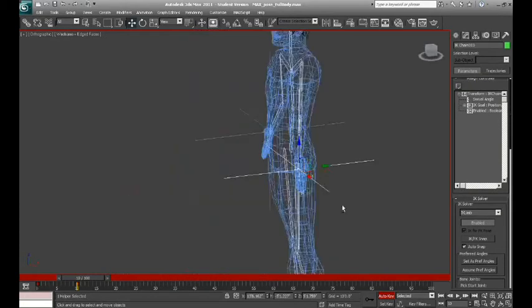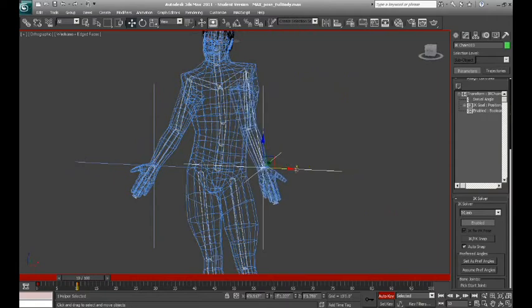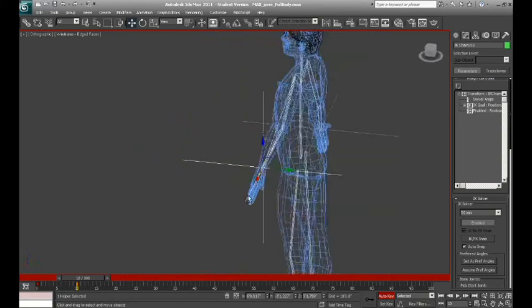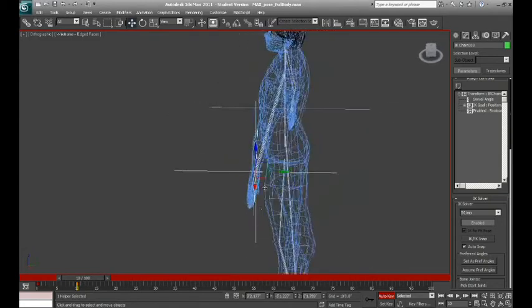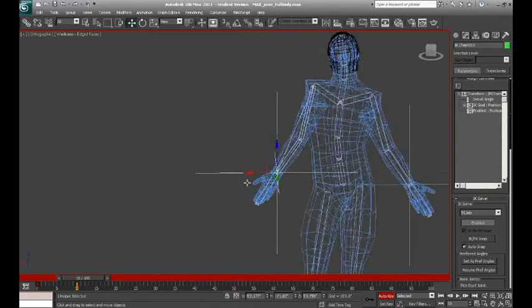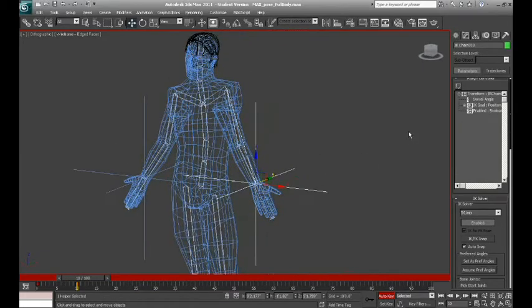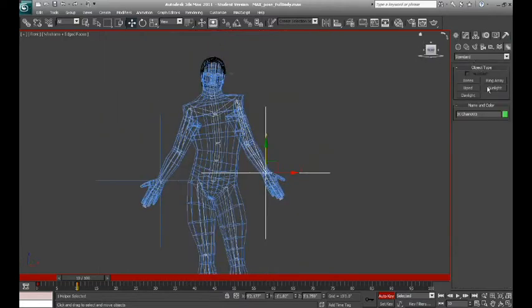The thing I'd like to show you is how to manage your IK a little bit better. Sometimes it seems to have a mind of its own. So one thing that I like to do is give a target for the elbow, and what that is just giving myself another handle to be able to manipulate the IK a little bit easier. So what I'm going to do is go to face front. I'm going to go to create panel. First of all, I'm going to